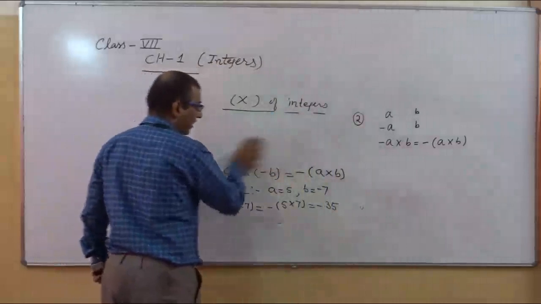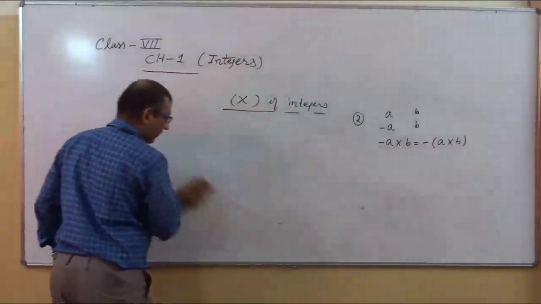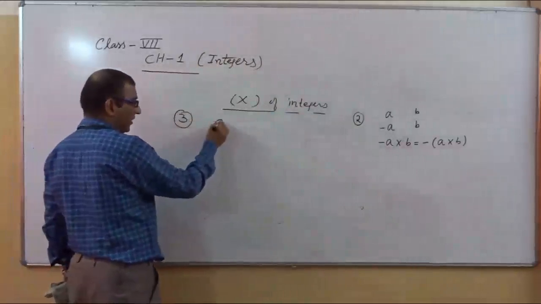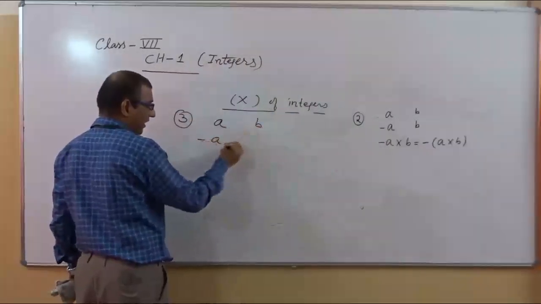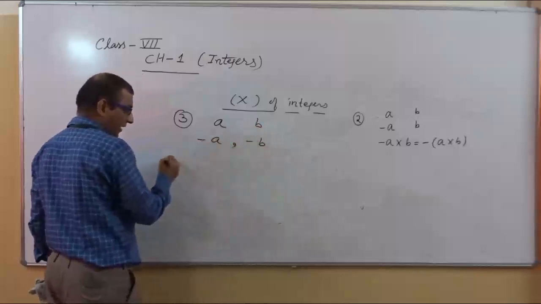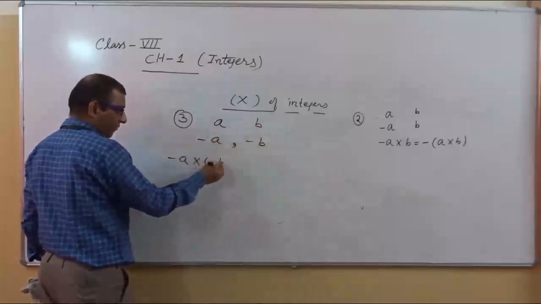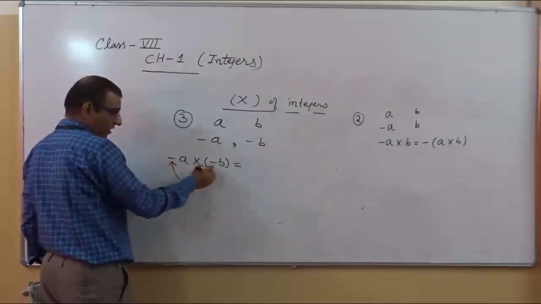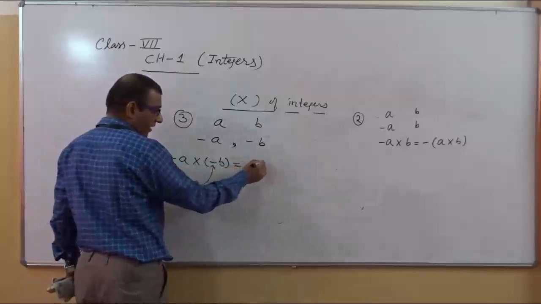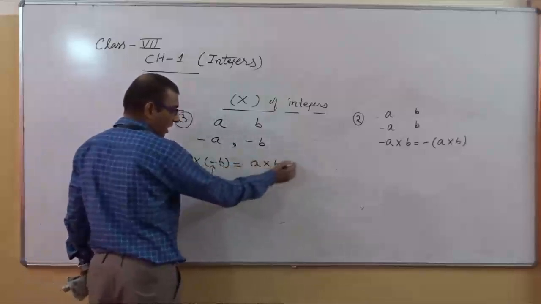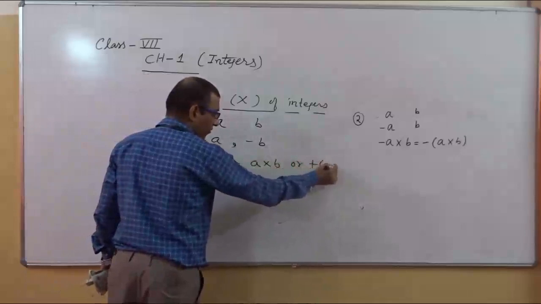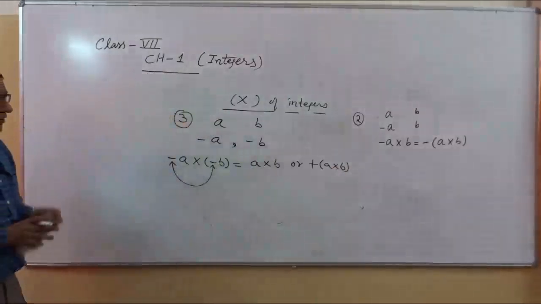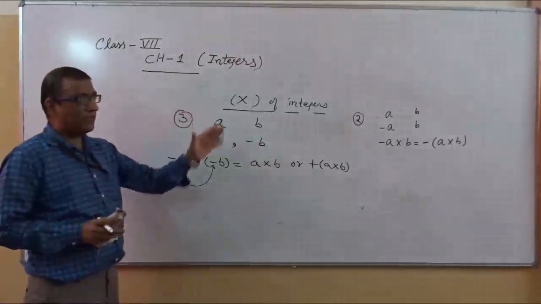Now we will continue with one more point. What happens when both the integers are negative? For example, there are two integers a and b and both are negative. Then how can we multiply? So minus a multiplied by minus b can be written as, you know very well, when we multiply minus with minus, it becomes plus, so it can be written as a cross b, or if someone wants to write plus a cross b, then that is also right. Then you put the values of a and b and solve it. So this is the concept of multiplication of integers.